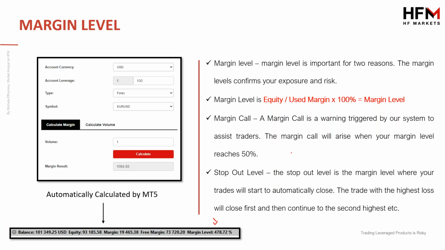Now, some people will say to me, should I add more money? Is it better to leave everything untouched, or is it better to close trades? And the answer is it depends on the circumstances of the market. And I'll explain which is the best depending on how you feel and believe is going to happen within the market. So if you've got, let's say, 5 trades open, and the market for whatever reason has moved against you, and these 5 trades are in a loss, if you look at the market and you think all these 5 trades are going to move in your favor today, you are 100% certain,